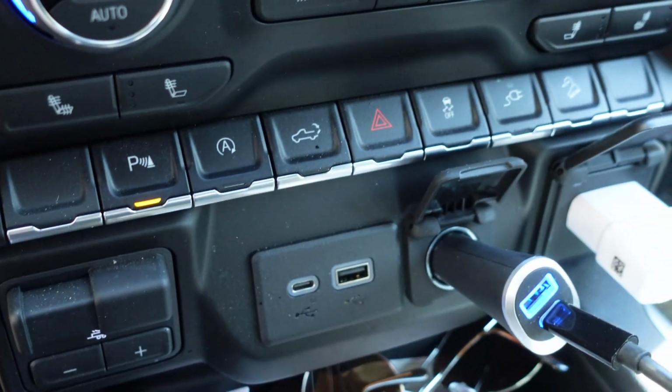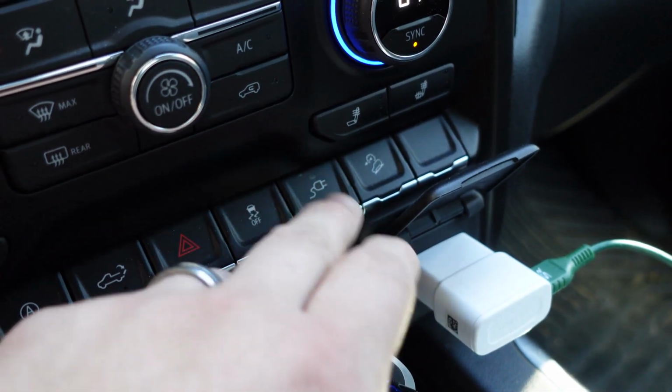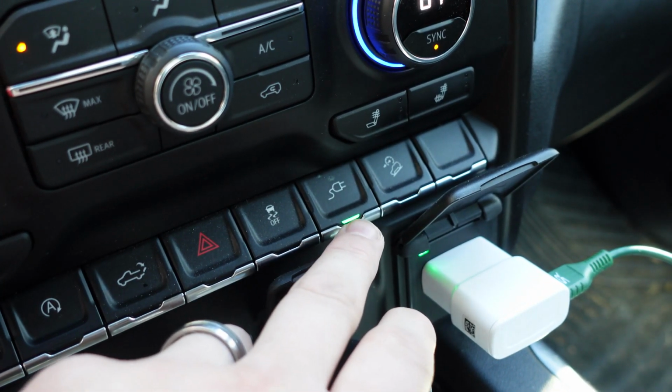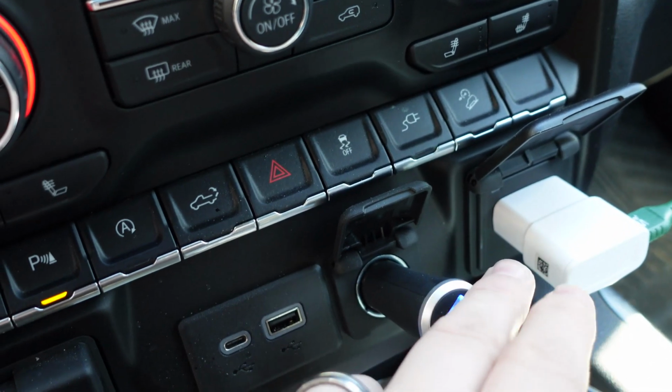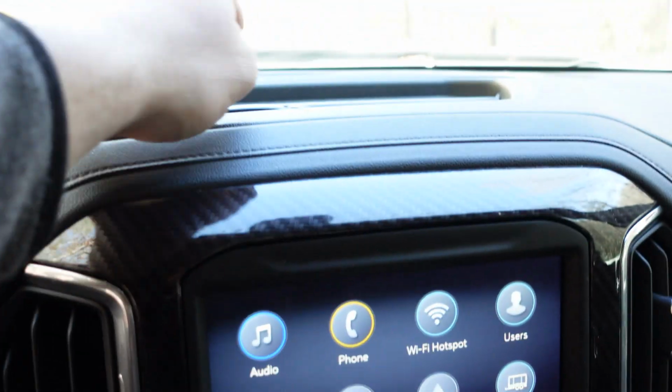So cool beans, plenty of power storage. This is a regular outlet, but you do have to manually turn it on. So if you don't do that, don't plug something in, because it's not getting any juice unless you turn it on. 12 volt connector here, USB, USB-C, 2 glove boxes, a little storage spot up here, which is normally where